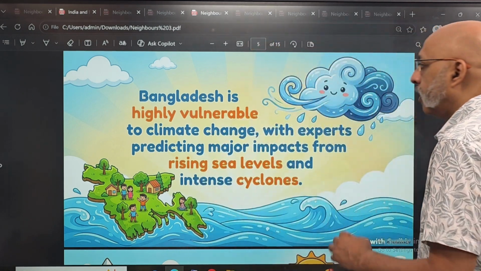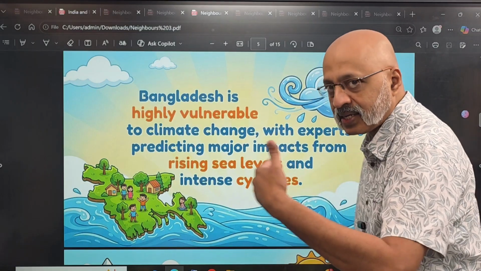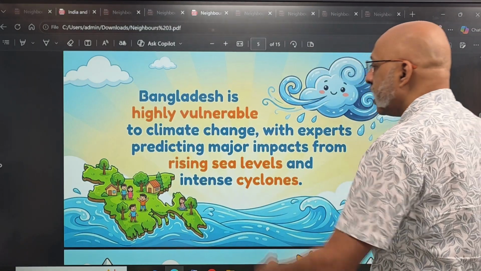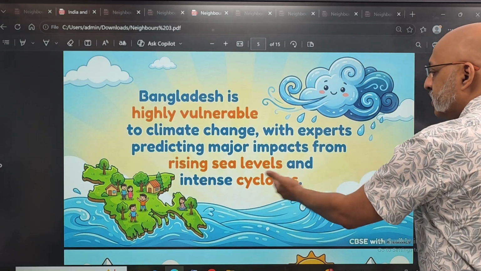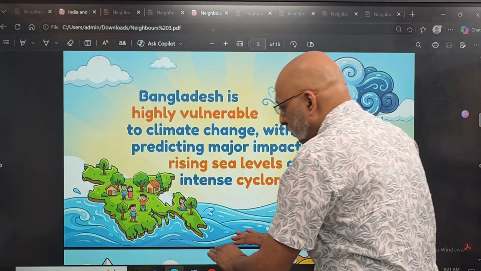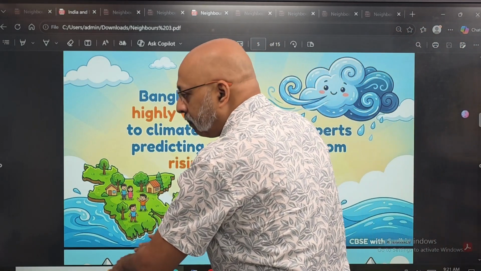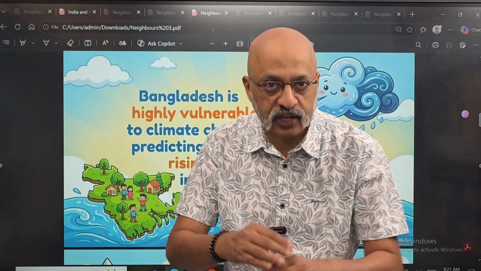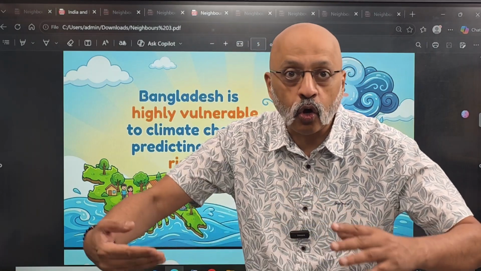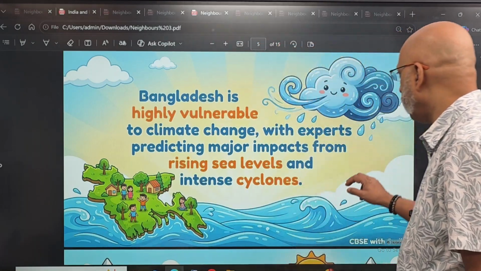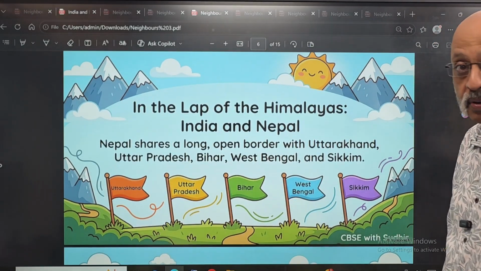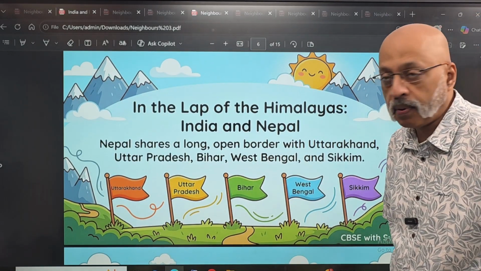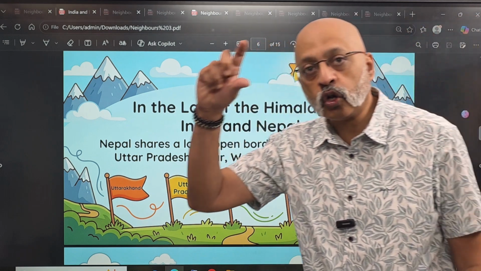It is prone to a lot of cyclones and climate change, with experts predicting major impacts from rising sea levels and intense cyclones. When the sea level rises, Bangladesh faces those threats because it is right on the Bay of Bengal. Then the next neighbor that we look at is Nepal,